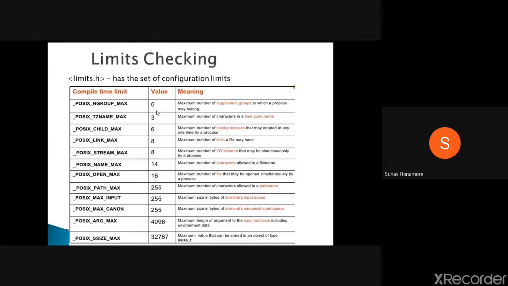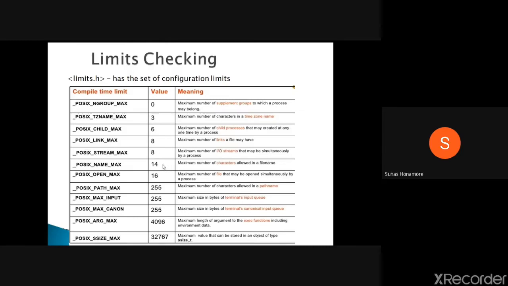Okay, so now we will go to the next thing, that is checking the limits. At compile time or run time you may have some limits. So what are those limits? What limits can the system have? While creating a process, or making a group, or taking any buffer, any path, or opening any file, what are the limits we have? Those things we will check. Here limits.h is one header file, in which these are defined. Whatever these values are, you can't cross that limit. Depending on that, you will get a system error, or some different functionality will happen.